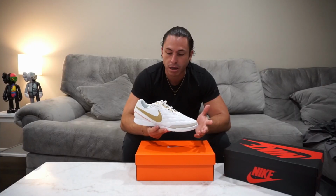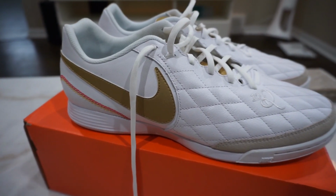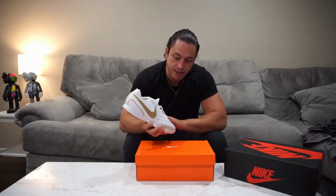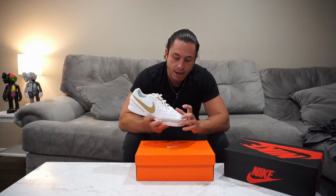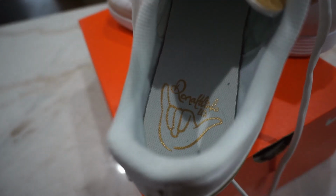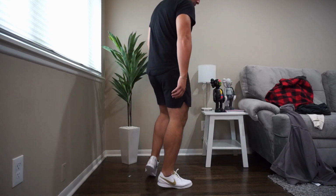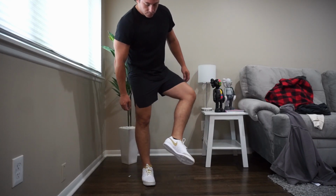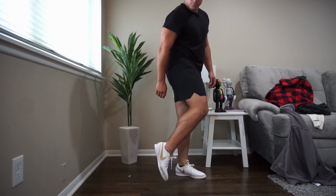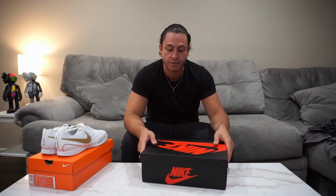I kind of just bought them for a lifestyle look, also to go to the gym. I don't have a white Nike. It has the cushion top, basically for soccer. It has a good little branding on every side of the shoe. It has this little symbol that he always used when he scored goals right inside of it, gold tongue, and I like that it has these red and yellow and orange details to it, which is basically these stitches. We're gonna go into the next shoe, which is probably my favorite thing